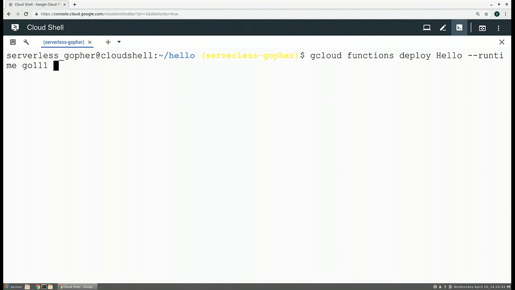The other argument we need is what trigger type we need for this Cloud function. In this case, I'm going to use HTTP. And HTTP means this code is going to be deployed. The gcloud tool will copy up all of the current directory, which means our current module, and send that up to Google servers. It'll build that code, make sure it's working, and then make that endpoint URL available,